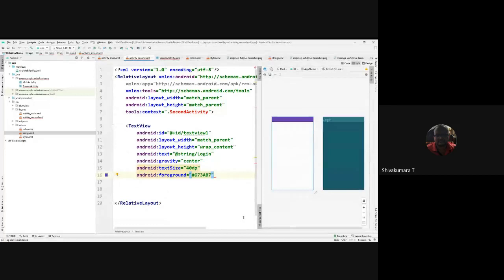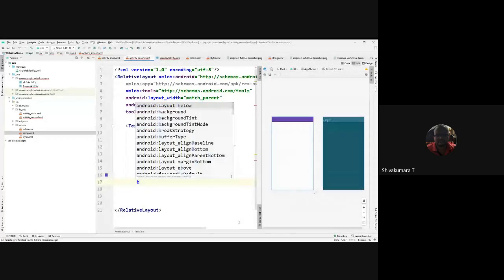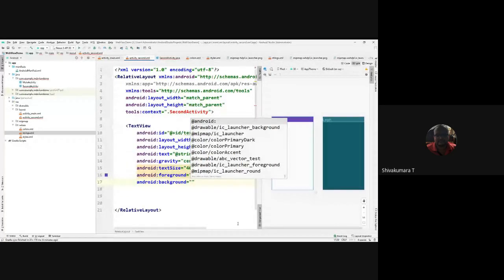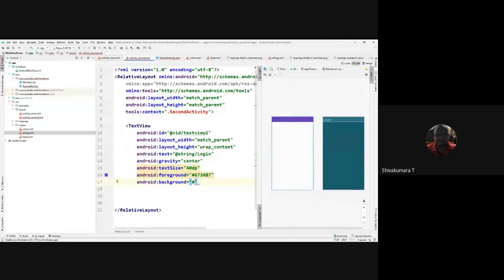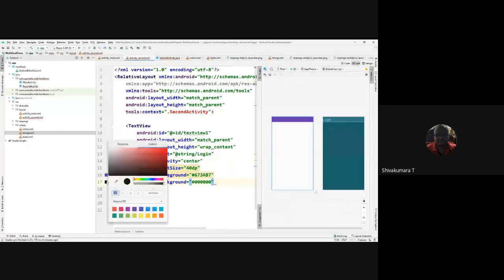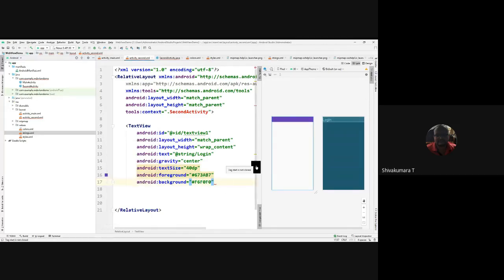Then you can set the background also, hash. It appears here. You can select the appropriate one which you would like to put. Now the text color is not visible, right?